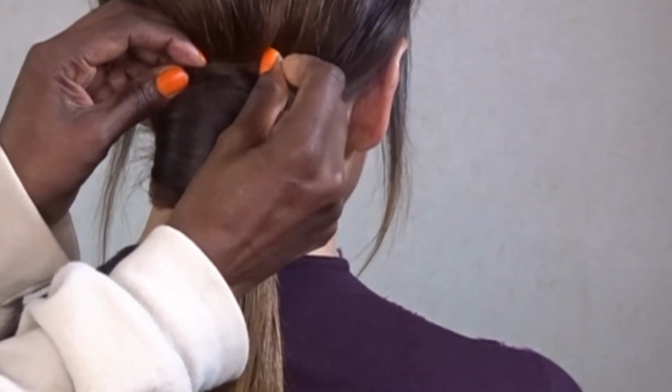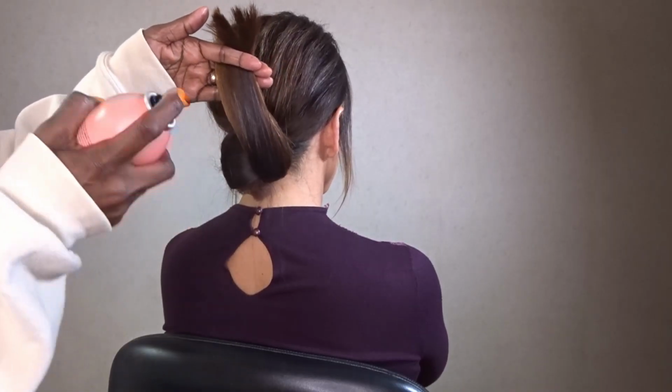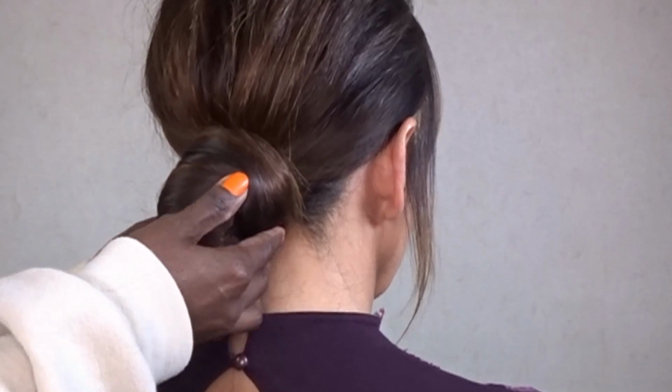And we're going to use some more bobby pins, twist it around, and then you just use the grooved side down so it holds a bit more secure. Then on the right section, spray a little bit more texture spray, comb that out, and then twist it all around